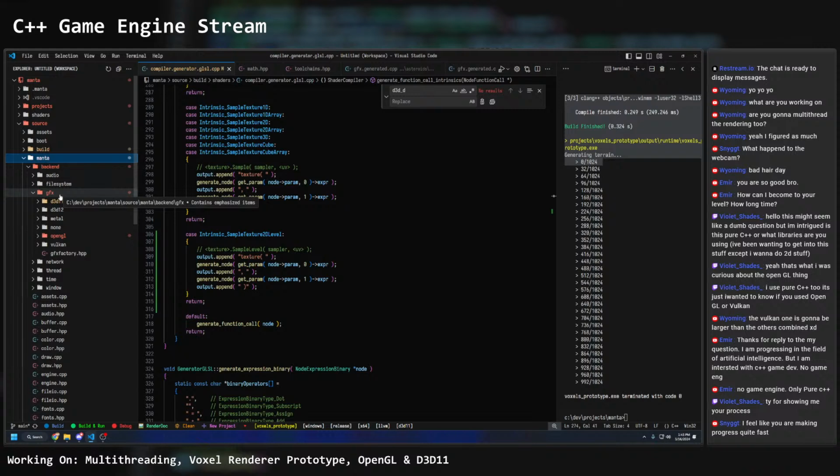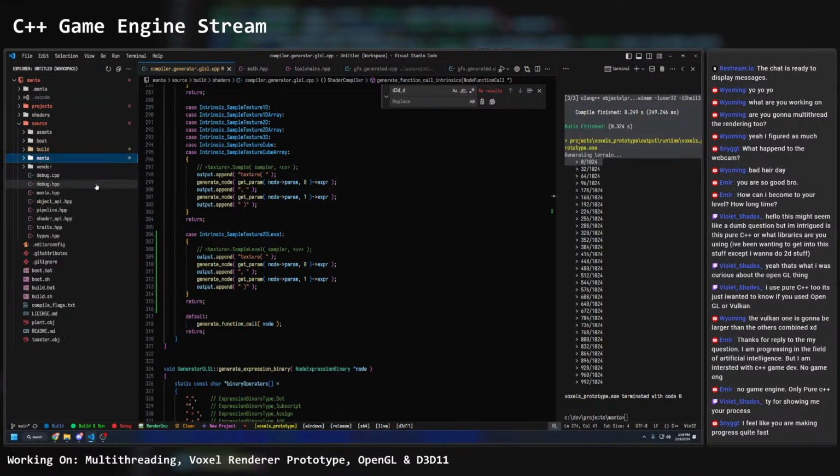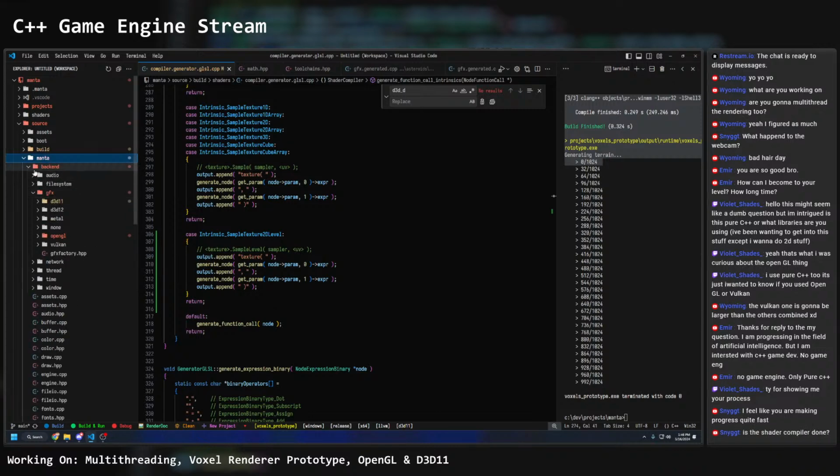Because if you're on DirectX, you need to write HLSL shaders. If you're on OpenGL, you need GLSL. So if you're trying to write a graphics API agnostic rendering layer,